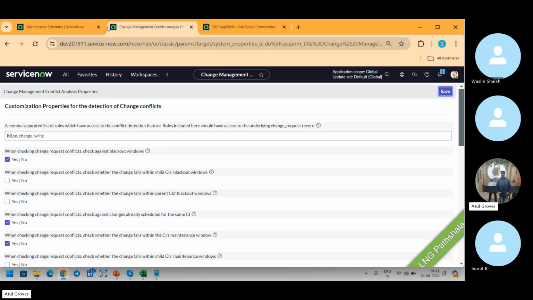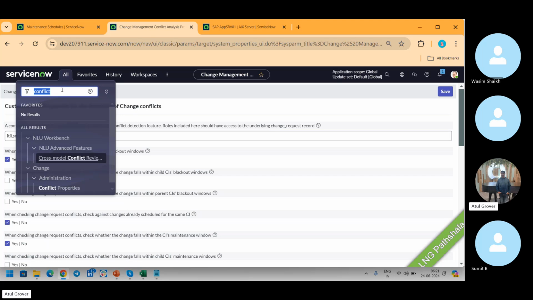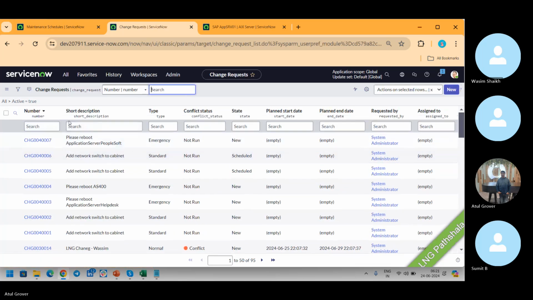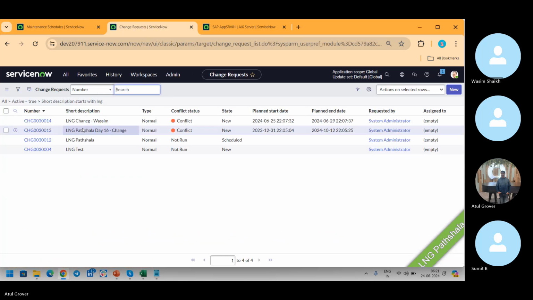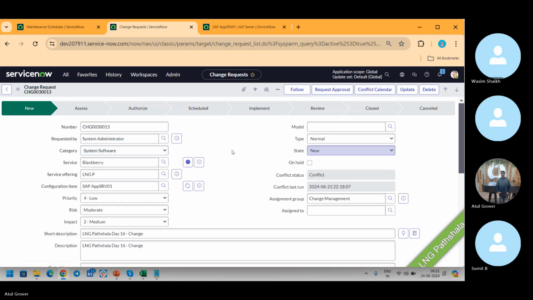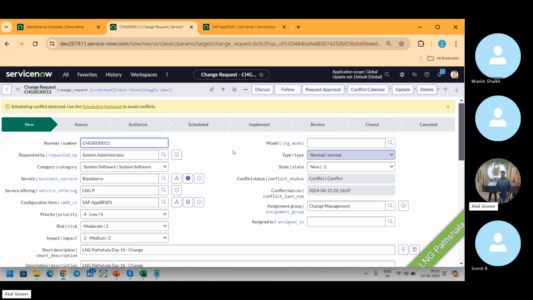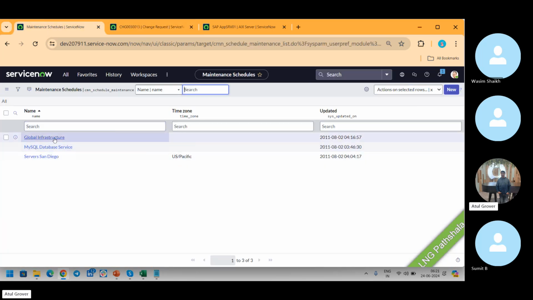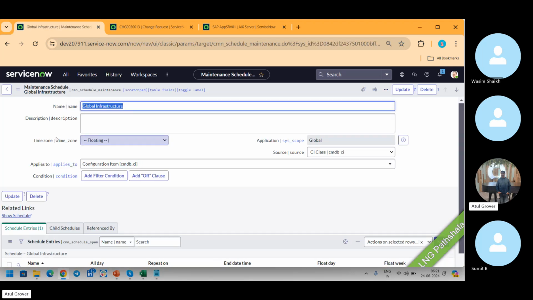कैसे देख लो यहाँ पे? Let me go and open that change. देखो डाउन, किस में आ रहा है? ग्लोबल इंफ्रा शेड्यूल में आ रहा है. ये रहा. ओपन करते हैं, क्या है इसका, what is this maintenance window says, it says